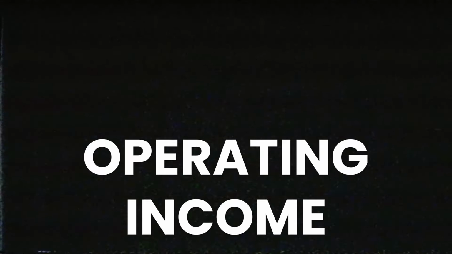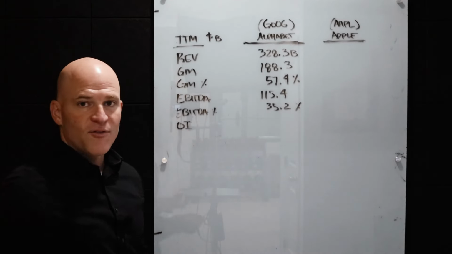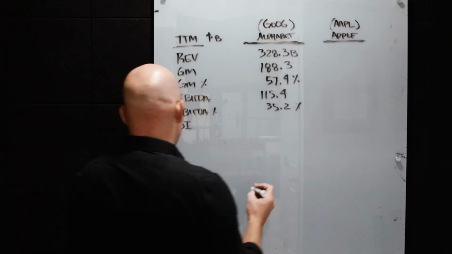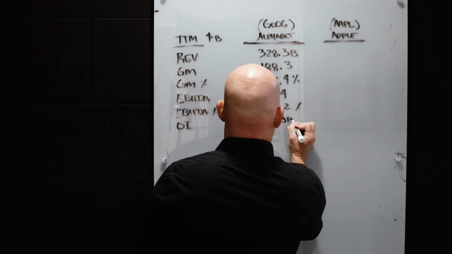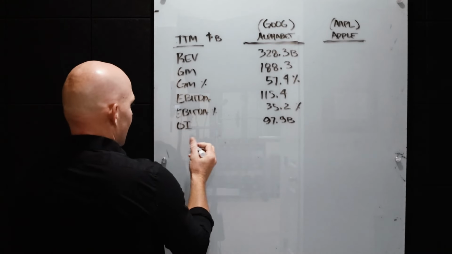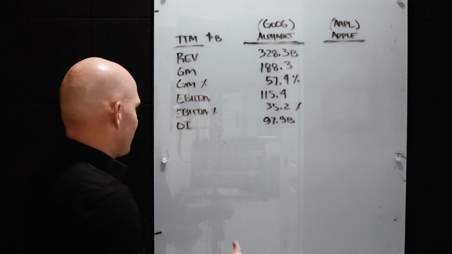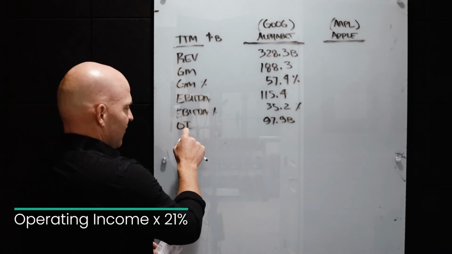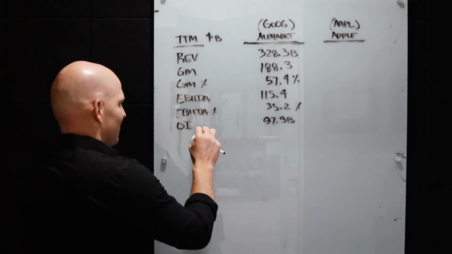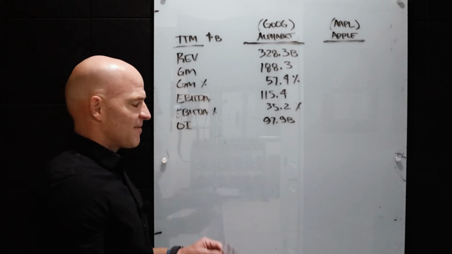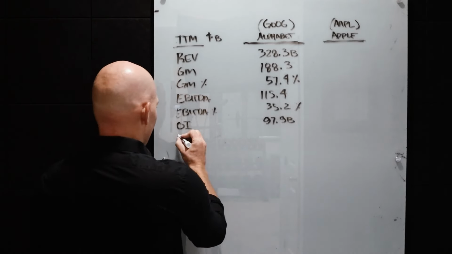Let's look at operating income, which I'll just abbreviate here, OI. This is the amount of profit they earn from their normal operations. All right, and that is $97.9 billion. Then, if we take their operating income, and let's just assume the corporate tax rate of 21%, and we apply that to their operating income. Now, taxes could be kind of nuanced for every company because there may be deferred taxes and tax credits and other items like that. So I'm just going to apply a 21% corporate tax rate to their operating income